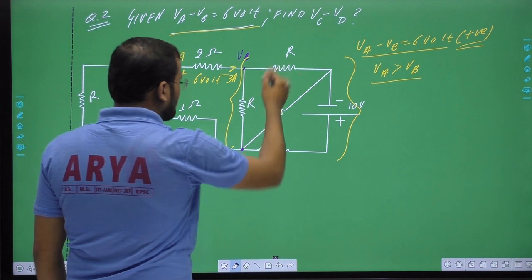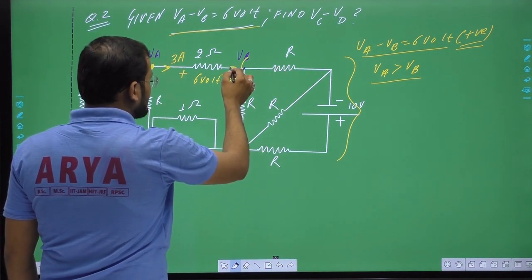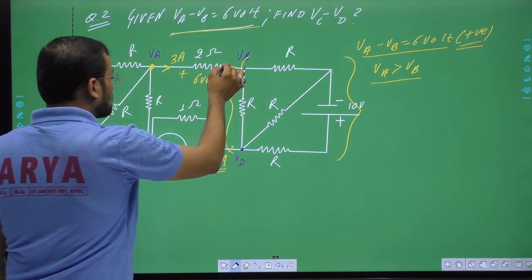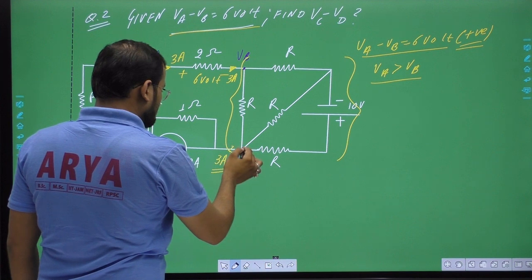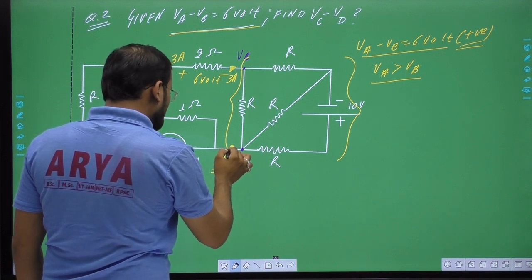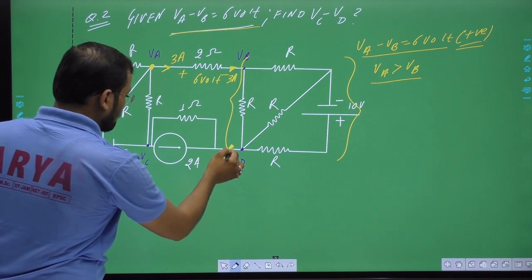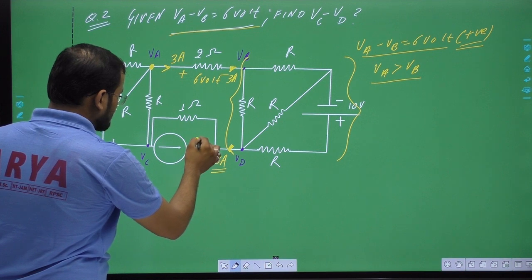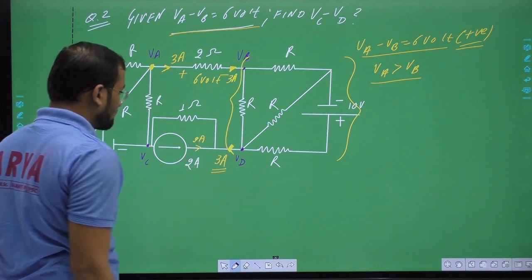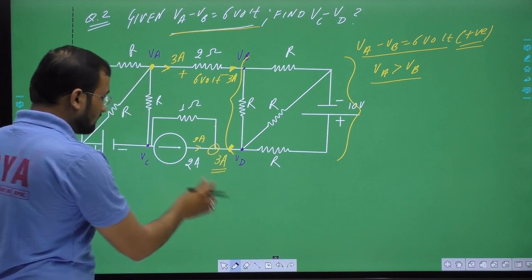I don't know what is going on inside this part of the circuit, but I know by KCL that if any amount of current is entering a circuit, then current of the same magnitude will leave from the circuit. So as we know, 2 ampere current is from here, 3 ampere current is from here. So definitely, if we apply KCL here,